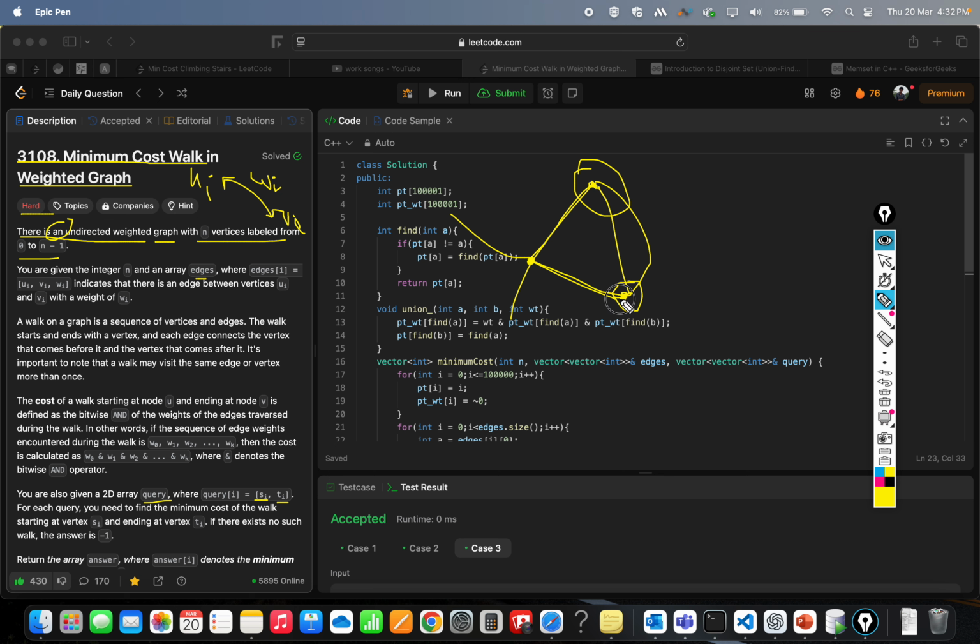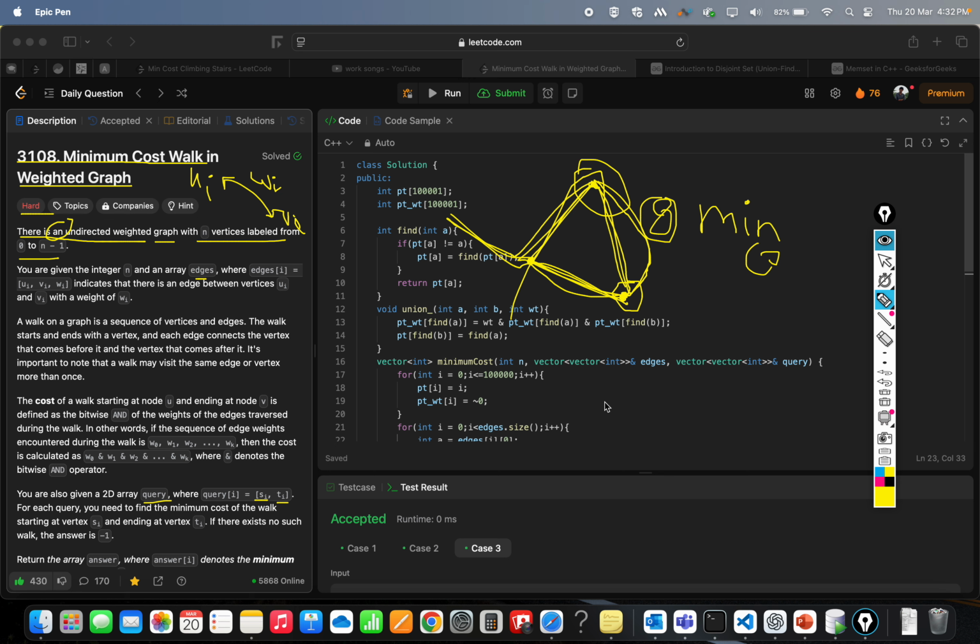And the twist is, we can go through any node, including the terminating node, multiple number of times. So we can take this path, we can also take this path, and we have to find the minimum cost of the travel. The cost is nothing but the AND operation of all the